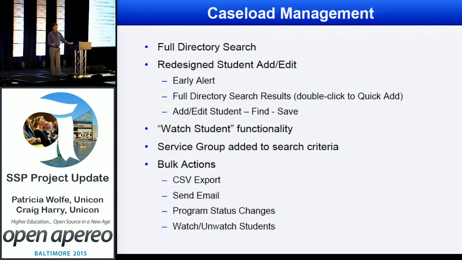So a student can be added with an early alert. A student can be added, which I'll show you in a second, with the full directory search results. So you can simply double-click a student that was searched from external data and add them very easily. And then the normal add, edit student: search for a student ID or some other criteria, find them, save it,